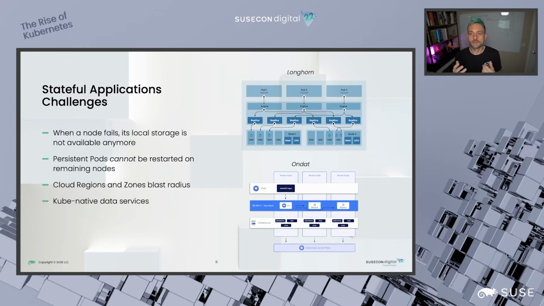So there's a lot of manual actions that needs to happen there, potentially with their own set of errors or eventual errors and problems. If you have data that is replicated at the Kubernetes layer, then it would be a lot easier. So the persistent pod cannot be restarted on the remaining nodes with the volume attached. And also, if we are assuming that you are running your stateful pod in the cloud in a particular region